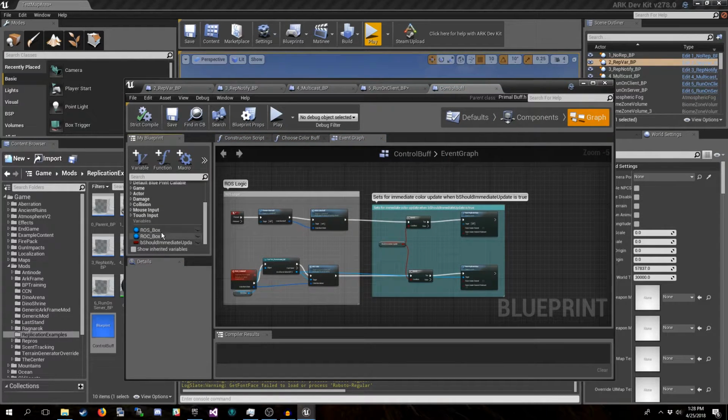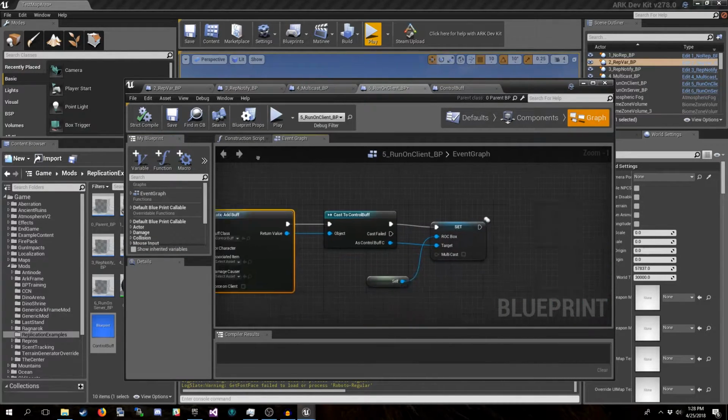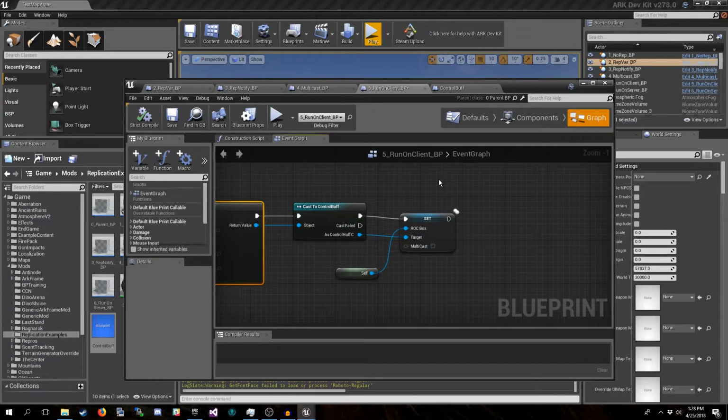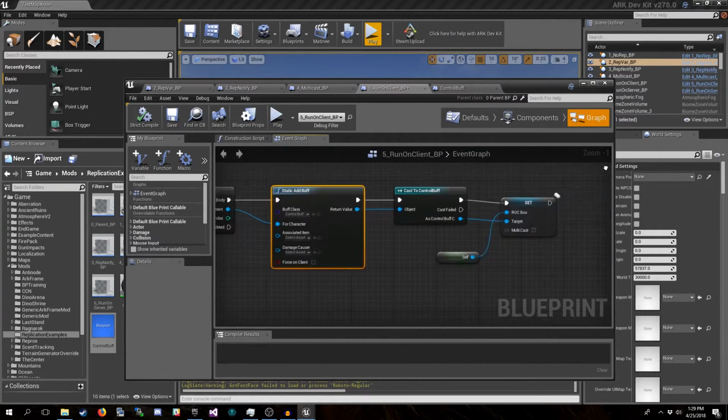But if you come down here to the variables, you'll see there's the ROS box and ROC box variables. On the 5th example, the run on client, we set the variable for ROC box to this actor, this run on client BP instance. And that's all that does.